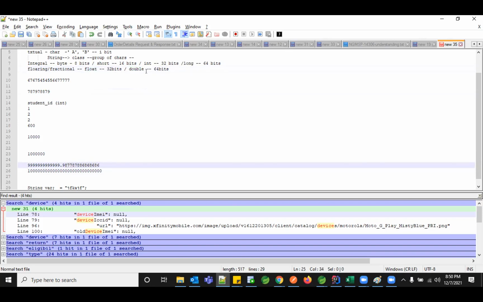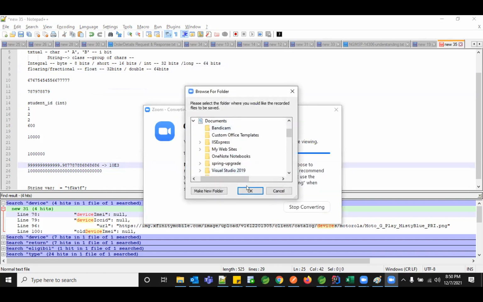So if we want to handle a huge value that should not be converted into an exponent, as we heard in school days, like 10 power 3, and you want your value to stay in this format, then you can always use double.